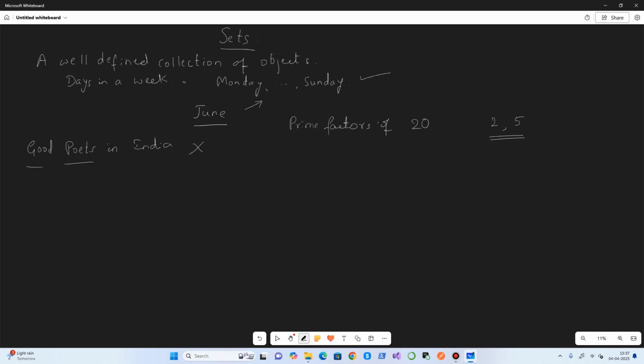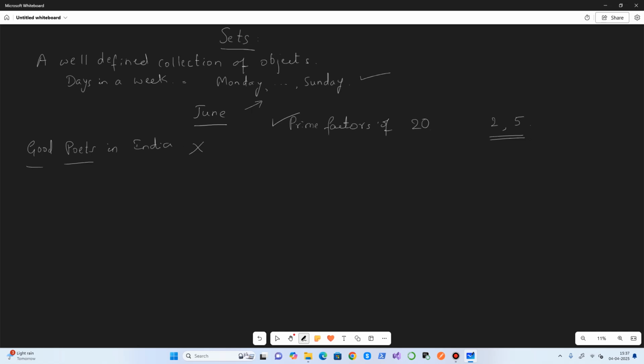This is how we can list them out, and this is well defined because we know that only two numbers are there, 2 and 5, so it is identified unambiguously. That's why this collection is also a well defined one, and hence it is a set. So now we understood what we mean by a set.